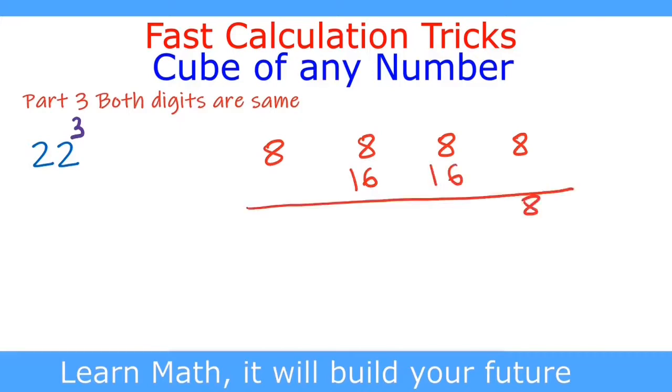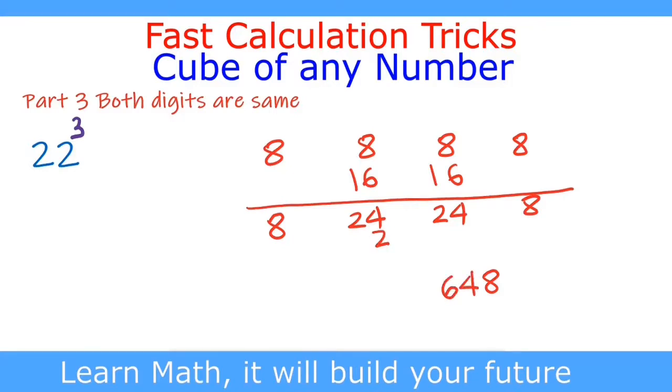Now we add all these. All other steps are the same. So we write 8, then 8 plus 16 is 24, then 8 plus 16 is 24, and then we carry 8 as it is. Now we start taking the digits. We will take one digit from each set of numbers. So we write 8, then we write 4 from 24 and carry 2. 24 plus 2 is 26.